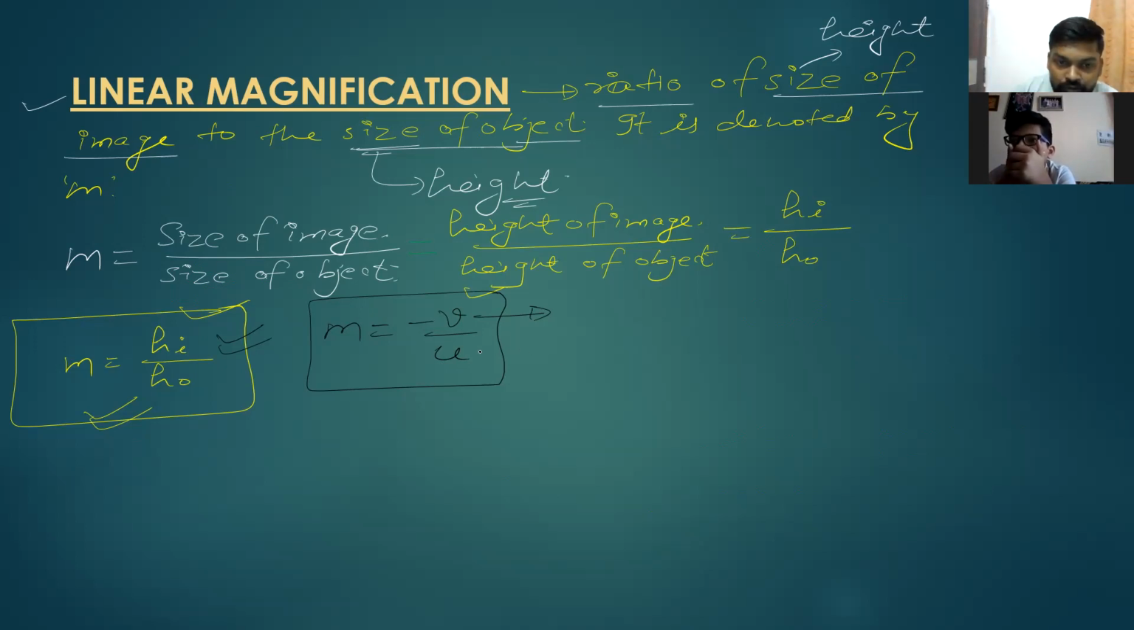Okay. Now, what about U? Distance of the object. And from which point is this taken? P. Why? What is the reason? Because